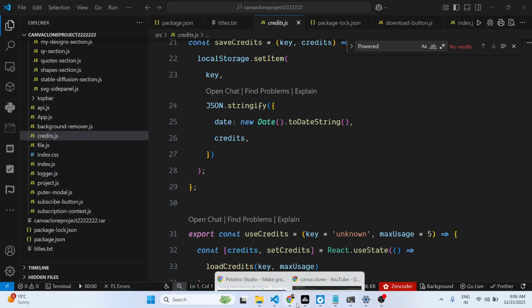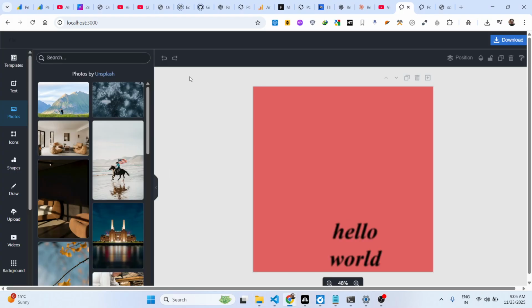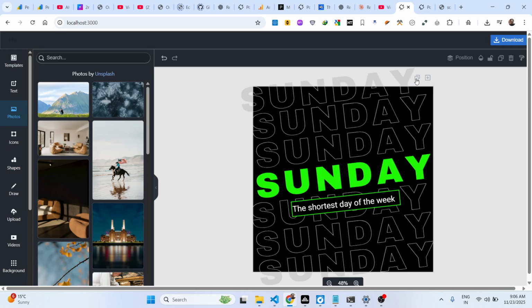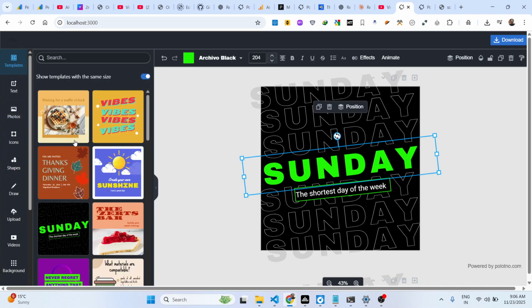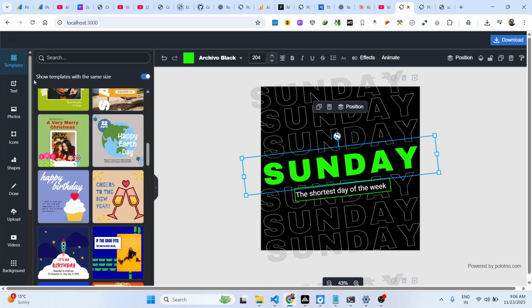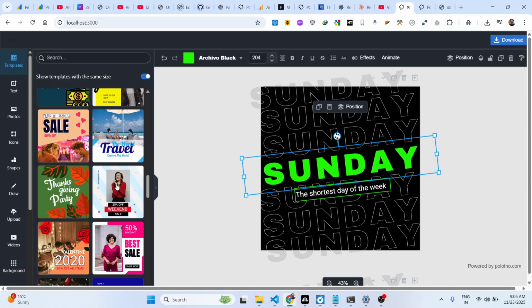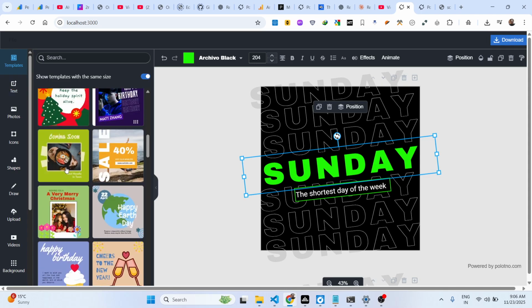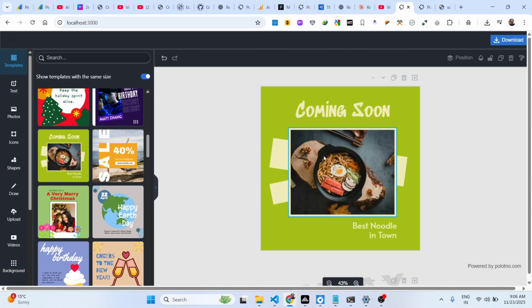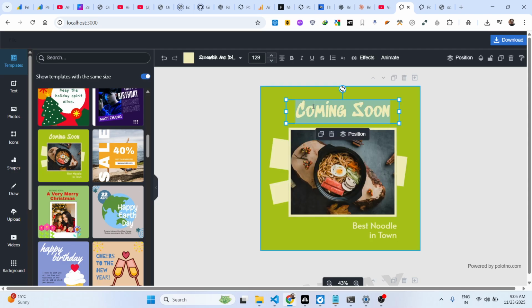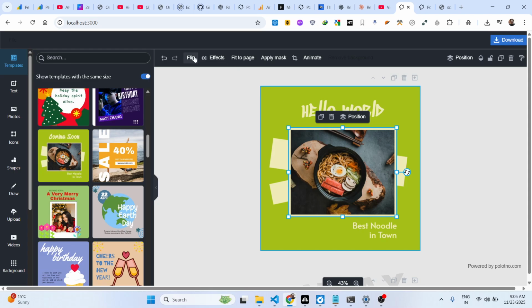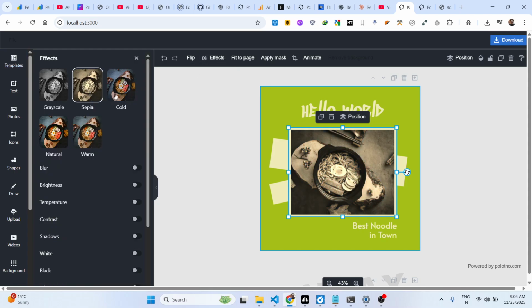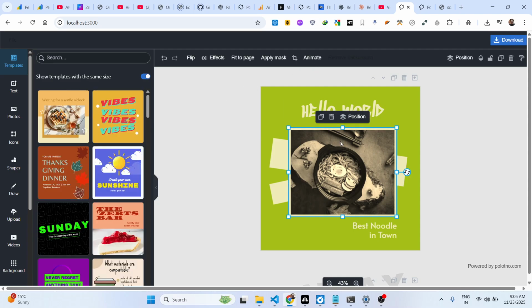Now let me show you the actual editor right here. So we also have support for adding multiple pages here. You can duplicate pages. So inside left hand side corner of the screen we have the template section. So right here you can individually select any template here. Simply click on this and the template will load, and then after that you can actually edit the text, replace the images. Simply click on this and you can also apply various effects instantly, and the live preview will be